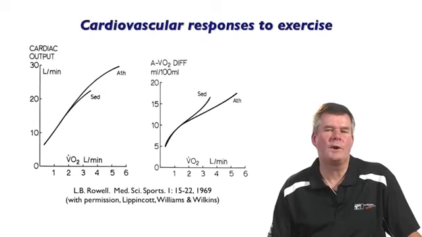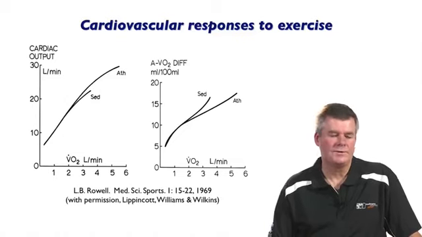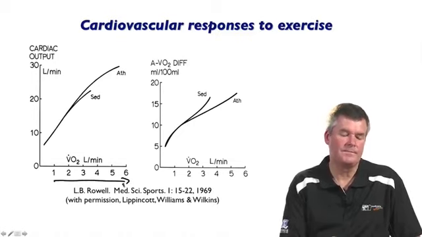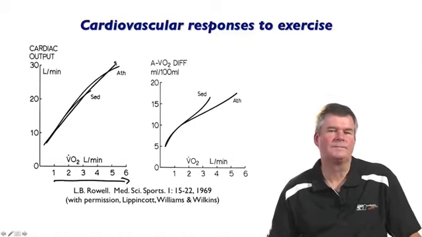If we look at the whole body cardiovascular responses, then we see an increase in both cardiac output and in the oxygen extraction. And you can see this in this graph and summarized for two groups, a sedentary group and an athletic group. You'll see here that as VO2 increases, there's an increase in cardiac output. And it's largely similar between a sedentary and an athletic group, except that an athlete is able to go to a much higher VO2, and as we'll see, that's largely due to their ability to achieve a higher maximal cardiac